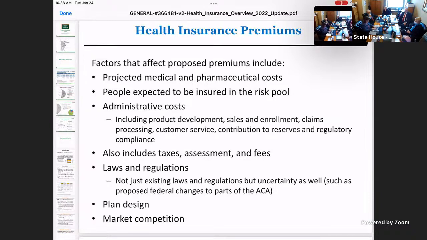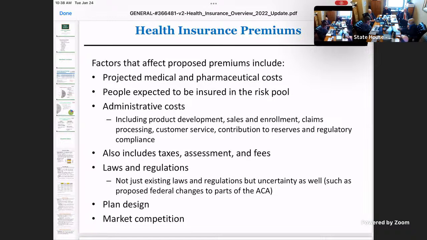Also, like taxes. In Vermont, we have taxes on things. We have what's called a claims tax, and insurers pay almost just shy of 1% of their total claims to the state. There's also another insurance tax that all insurers pay, not just health insurance, but auto and others. There's fees that they have to pay when they do their rate filings and other stuff. So there's all kinds of fees and stuff that they have to build into their product, just like any other business overhead costs.